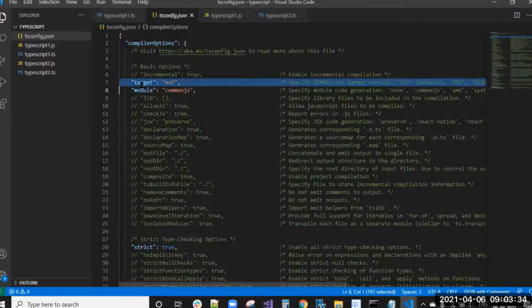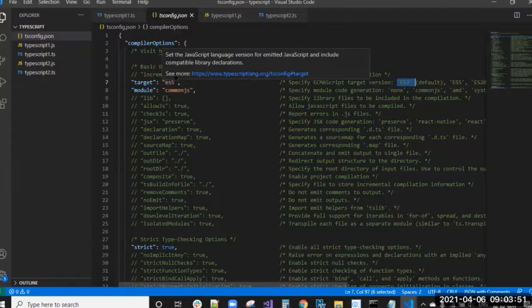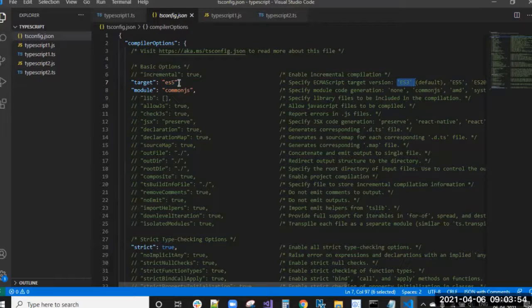See here, it says: specify ECMAScript target version, ES3 default. If you are not specifying the target, it will automatically use ES3. So what will happen if you are not defining ES5? ES3 doesn't have modules, I think, so even if modules are generated, they will not work in JavaScript.